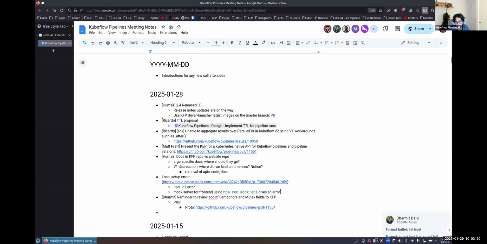So just to start off with some announcements, Kubeflow 2.4 was released, I believe, last week. There's a link to the release notes and the release itself in the notes over here. In this release, we switched to GitHub Container Registry as a source of images. And this is also the release that will be going into the next